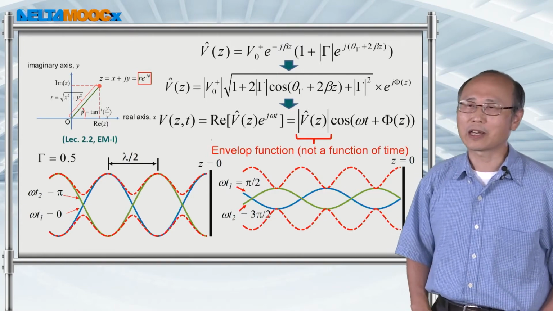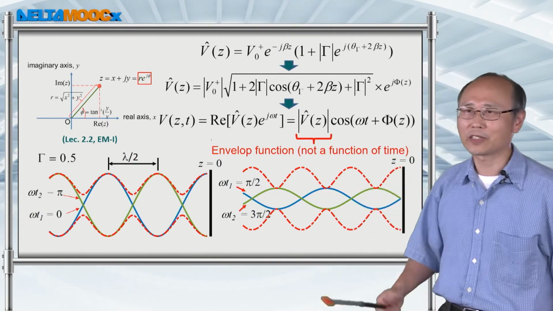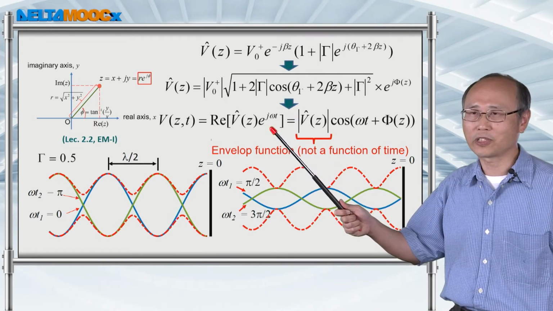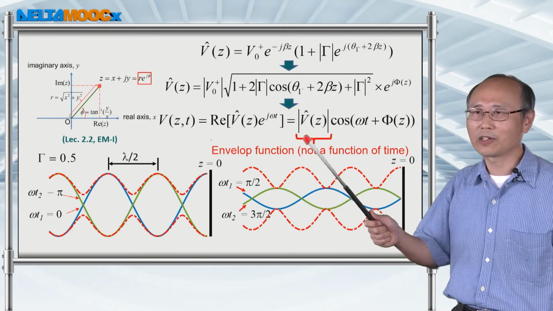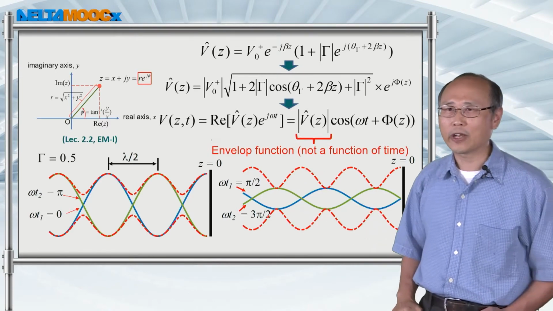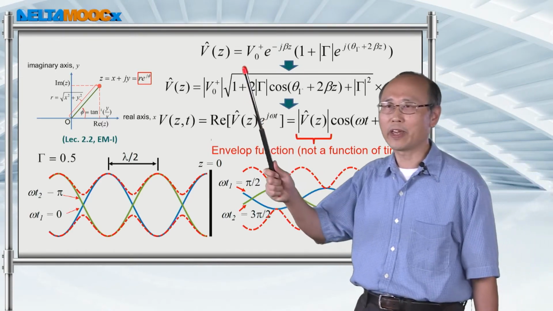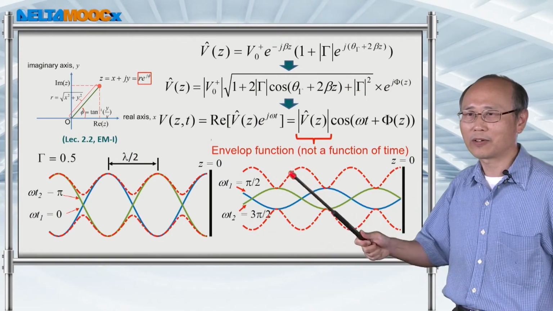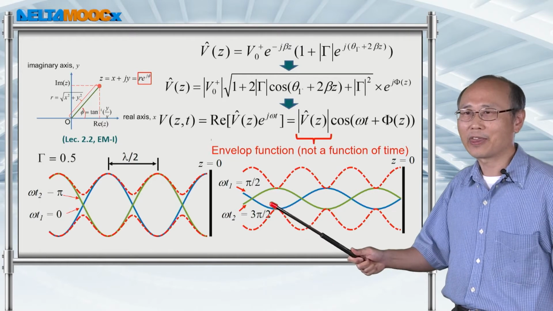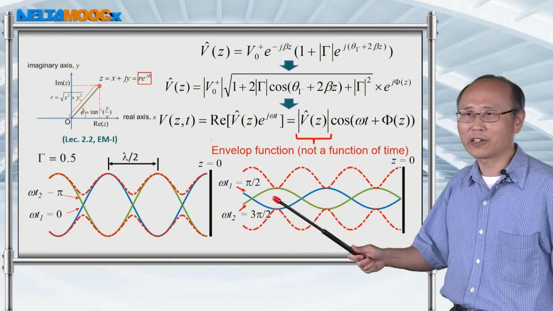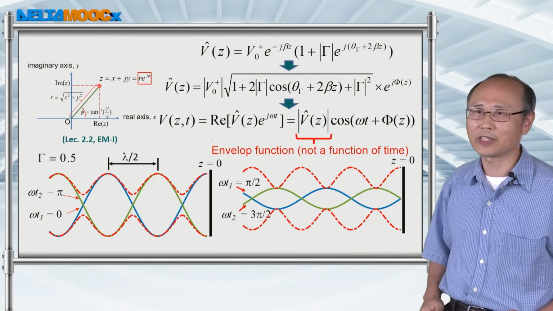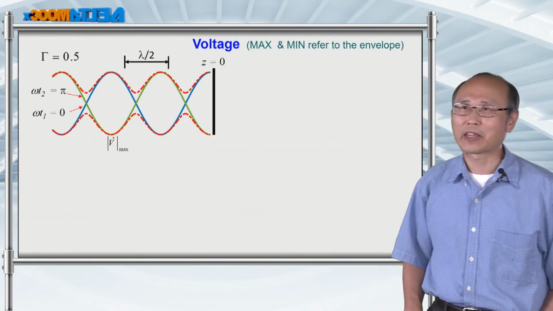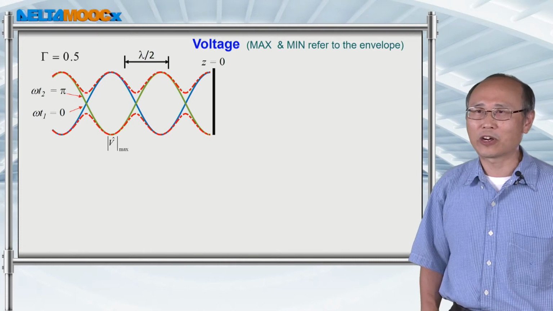So basically, now we understand that from this analysis, I can really construct the signal on the transmission line over time and over distance. And in general, there's a forward propagating wave and also a backward propagating wave forming an envelope versus distance. And the voltage and current simply oscillate within this envelope. And the voltage envelope and the current envelope in general are different.